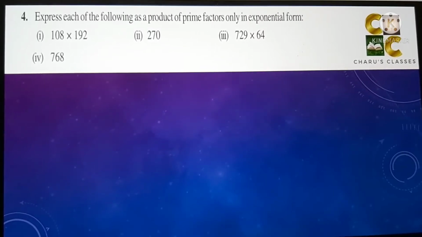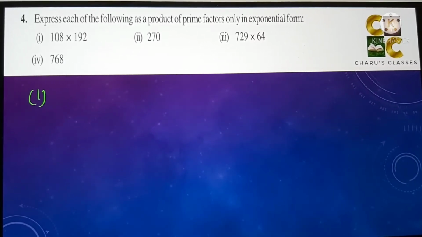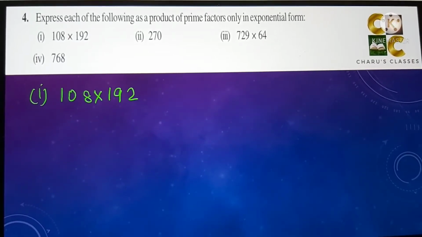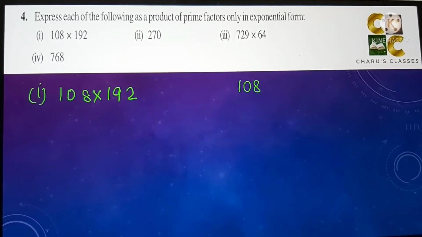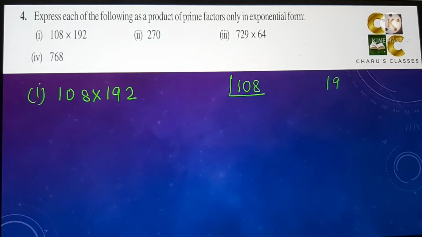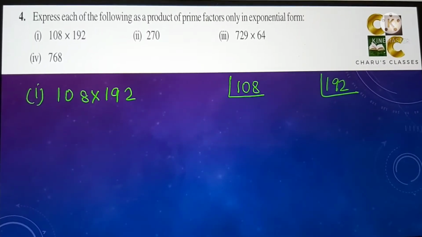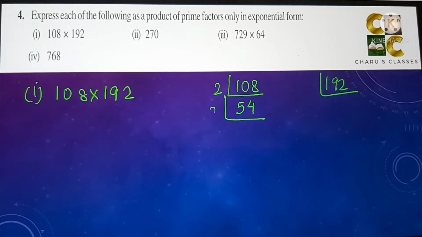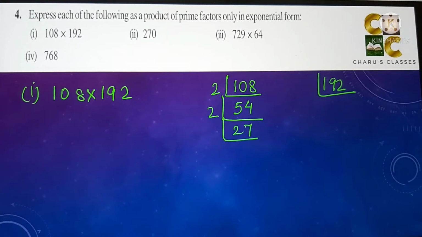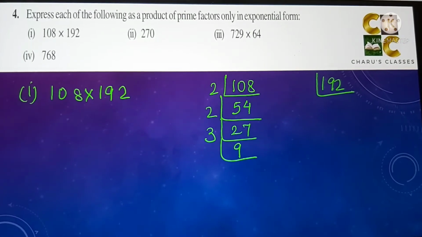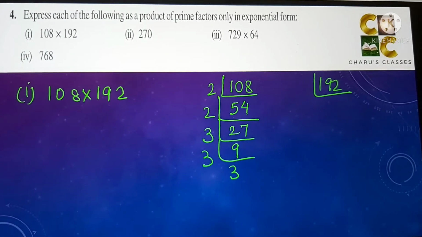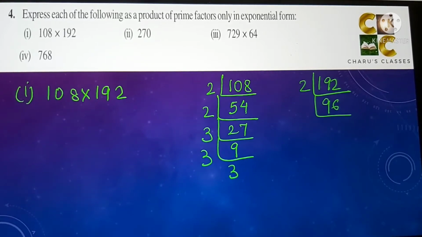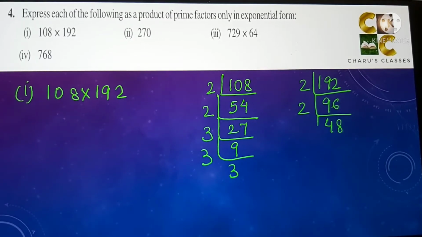Question number 4. Express each of the following as product of prime factors only in exponential form. First, 108 into 192. So we are going to make prime factors of 108 and 192. So we'll begin with 2, 54, 27, 9, 3, 3. For 192 also we'll begin with 2,